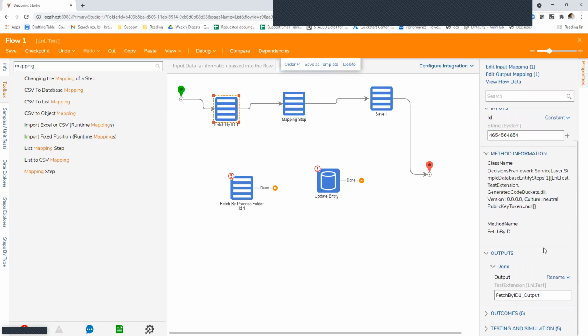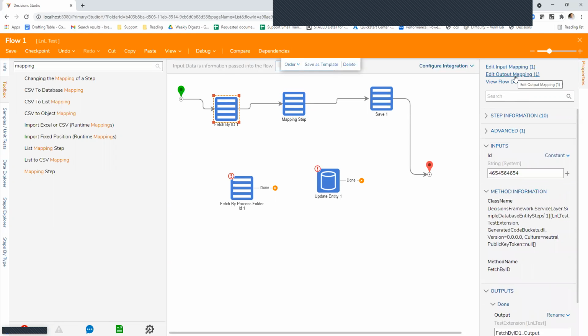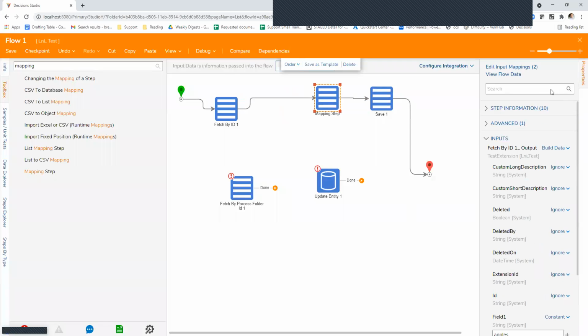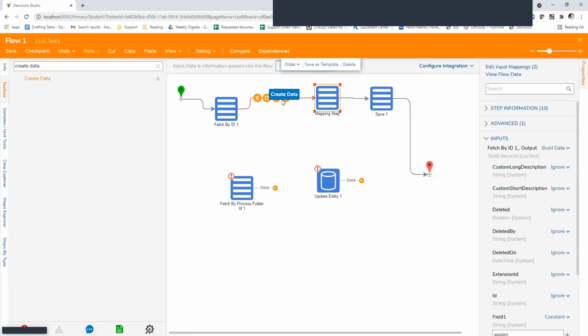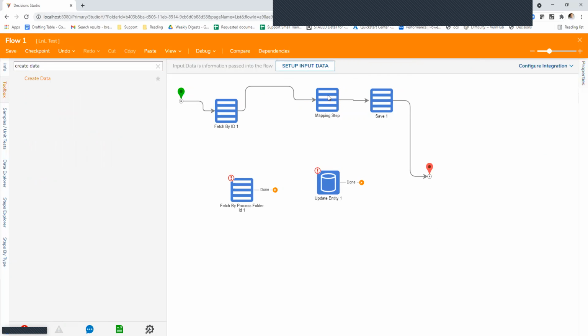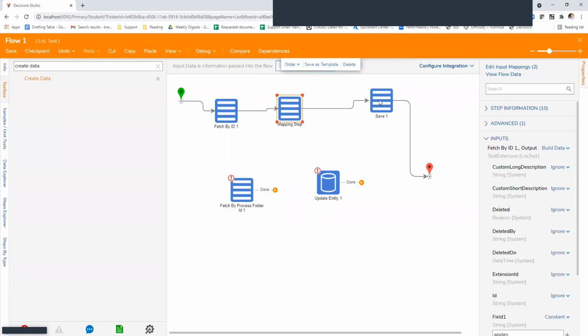Another way that people do this is they'll go to edit output mapping, and well, actually, I think we would need a create data step here. The other way that people do this is they use a create data step. This one is a little less obvious. But I like the mapping step because it solves what I put in question 3,